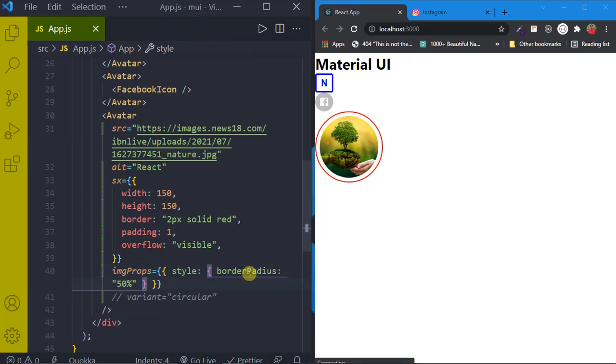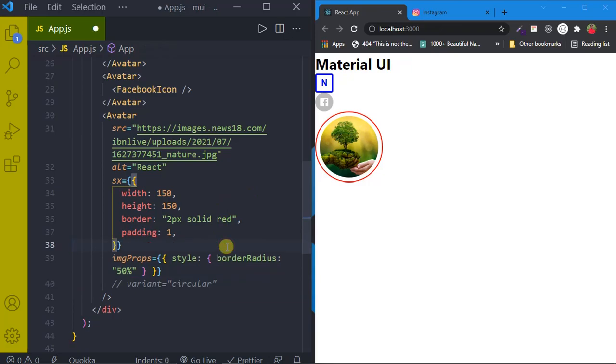So if you just press Ctrl S, save, now see, that image is perfectly circular, and we are able to get that gap between our border and image perfectly, right? And you can just remove this, let it be hidden only. Okay, but there is a huge gap, right? So what I'll do is I'll just set it to 0.5. Okay, now it is looking good. And I'll also increase this border slightly. Okay, now it is looking good. See, so this is how we make an Instagram story avatar component.